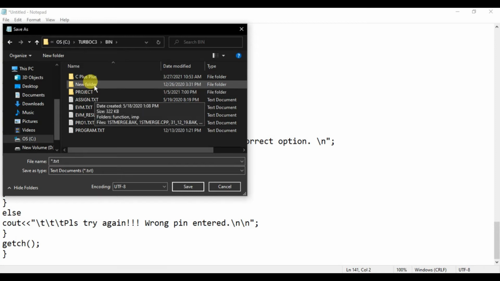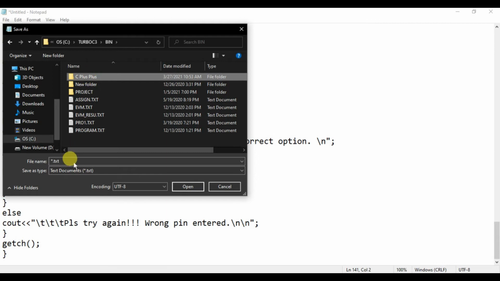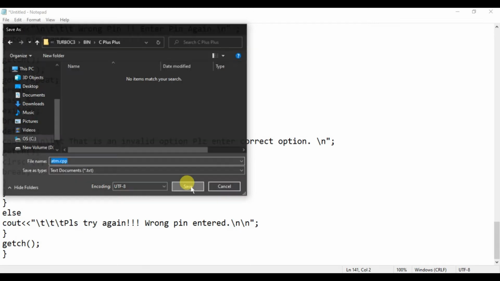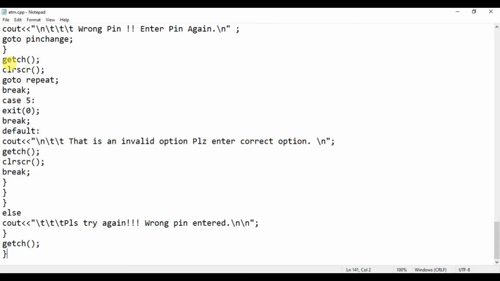So let's save in C++, and I will give it some name like atm.cpp, and the extension .cpp is a must, because it will not recognize that it is a C++ file if you don't give this extension. So after writing .cpp as extension, I will save the file. So my code is successfully written.